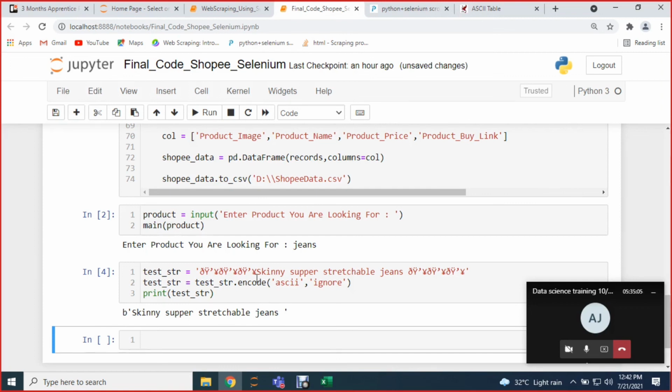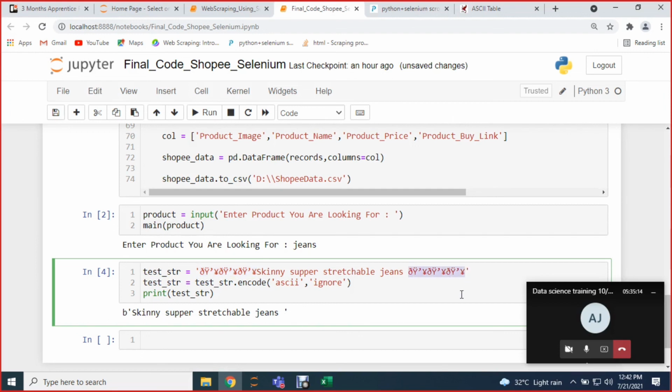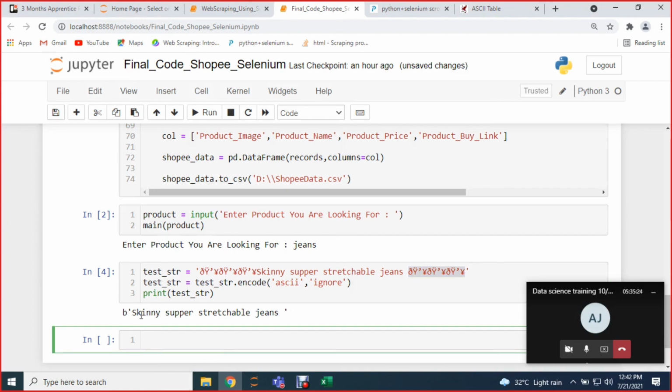First of all, ASCII is going to remove everything. Like say this information, you can see we are not having it in this. Even we are not having this. These are actually smileys, these are actually emojis. So here we are not going to use these emojis. Okay, and now what you can do is, if you want to remove this B as well,